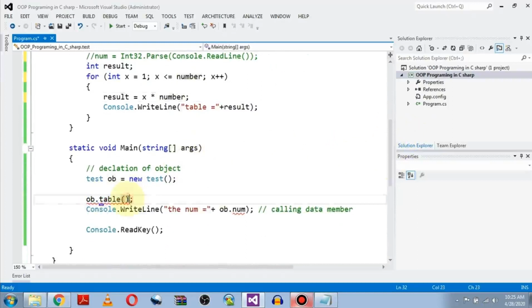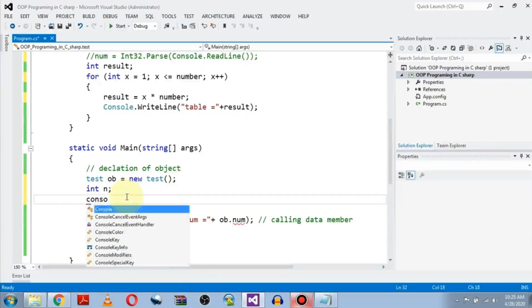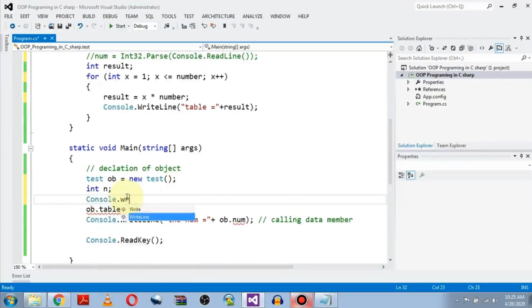What is the error? So now this time the function requires some arguments, which is the integer argument. So let me first declare a number which is n, then print a message for the user to give us some running time value. Enter integer number.